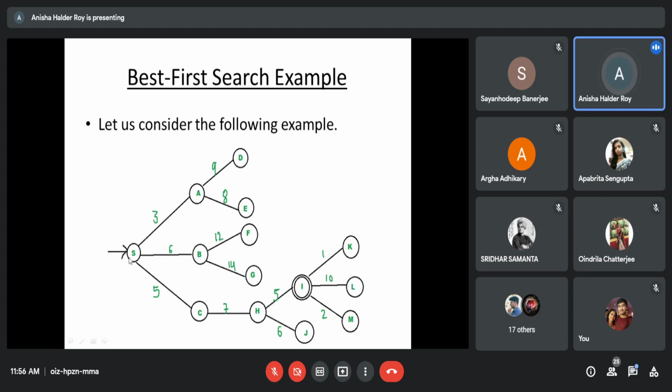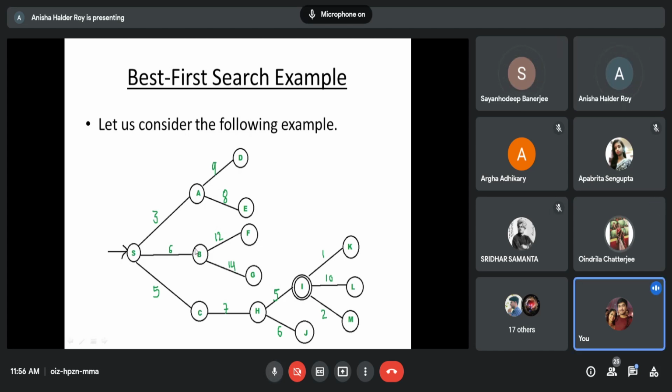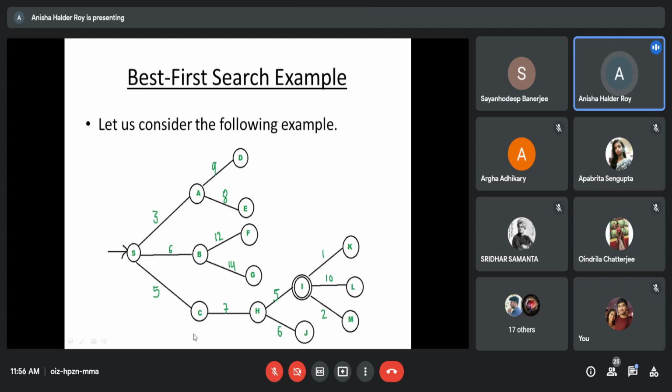ফার্স্ট ওপেন লিস্টে আছে S, রাইট? নেক্সট ওপেন লিস্টে A C B, রাইট? S এরপরে নেই, S এর তিনটে সাকসেসর, we have evaluated all the three successors of S, so S is in the closed list.